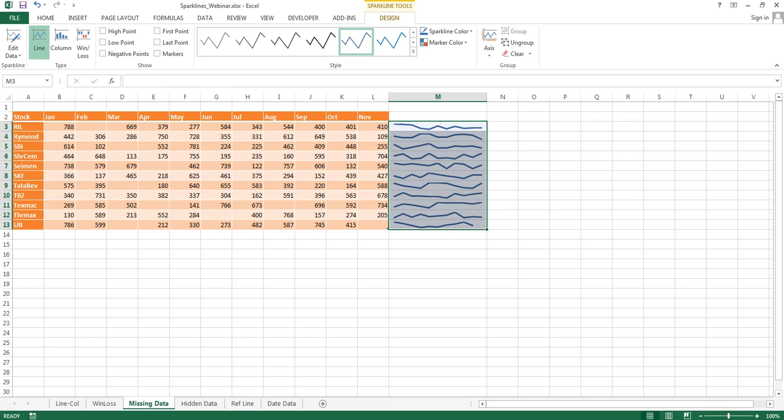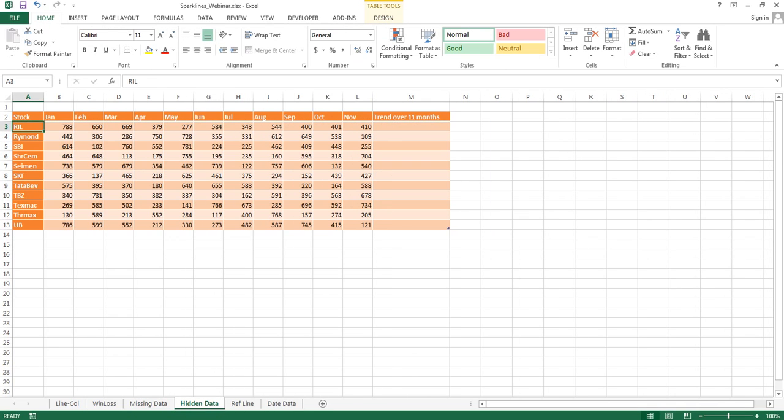Next scenario that we may have is, let's say we've got this table with us. Again, we've got the stocks and we've got the months, January, February, March, April, May, June, July till November. And what my manager or my client has requested me is, I only want to look at the spark lines or the charts, and I have nothing to do with the data. So I don't want the data, hide the data and just give me the stocks and the trend lines.